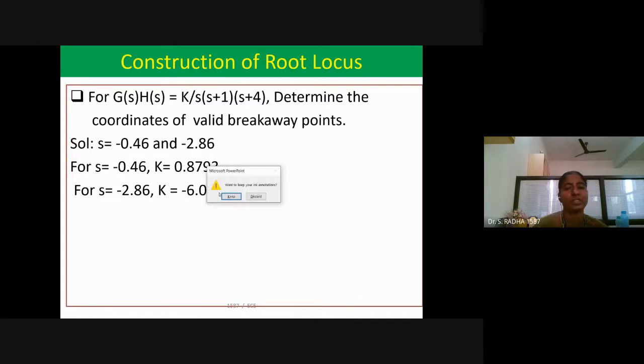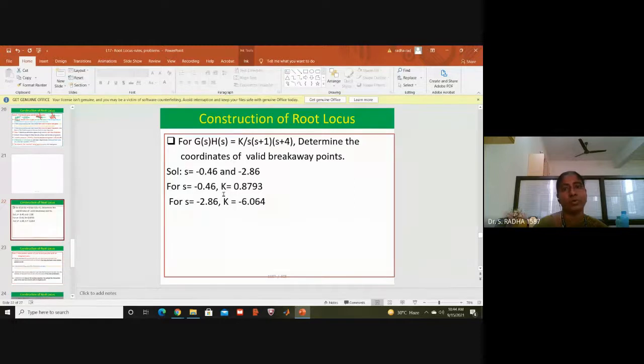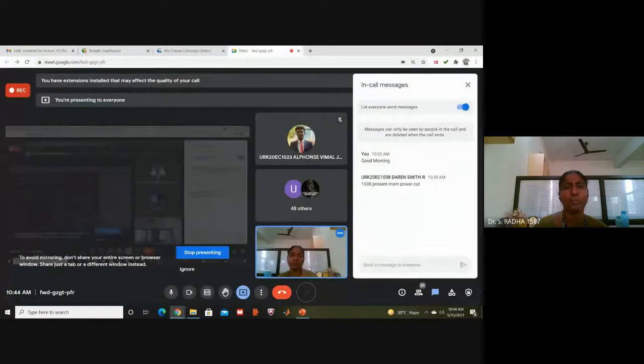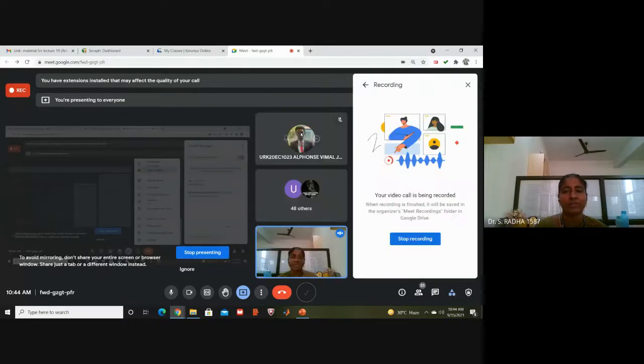So as of now, you know how to calculate the number of root locus branches, how to calculate the centroid, and how many asymptotes are required. How many asymptotes are required is nothing but how many root locus branches start or end at infinity; those many asymptotes are required. So these are the basic things we have learned as of now in root locus. We will stop here for this session.